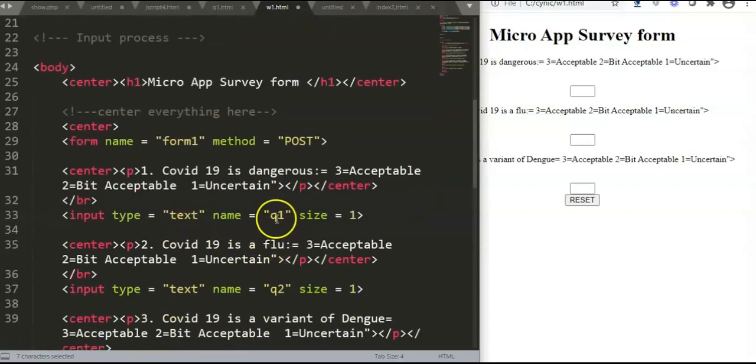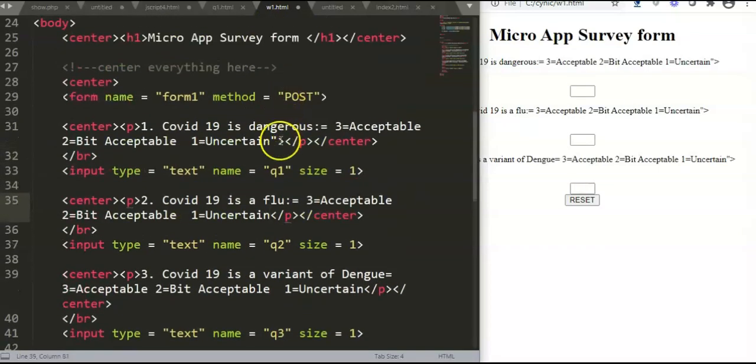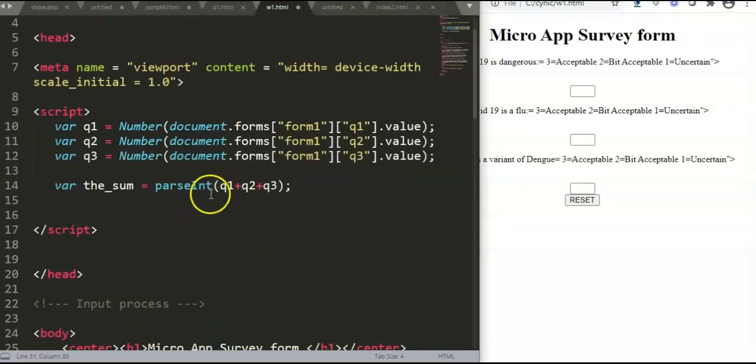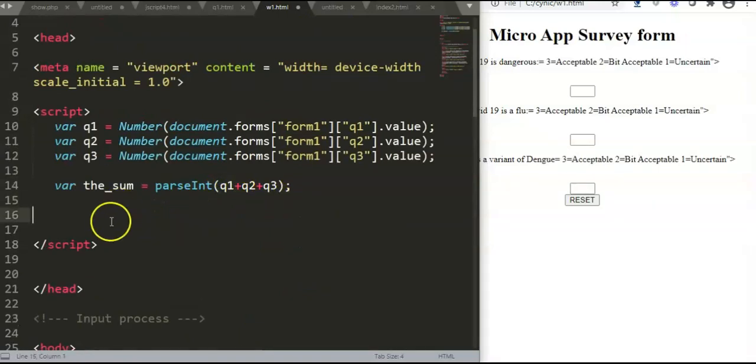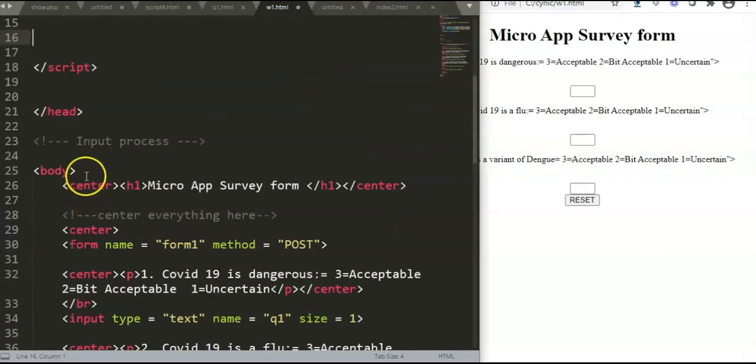So we have Q1, Q2, and Q3 as input. Let us first erase this and edit that. Now we have here Q1, Q2, and Q3. What will happen? First, let us not forget to create our own